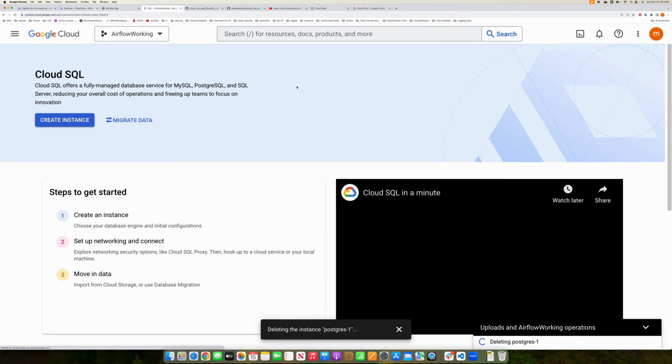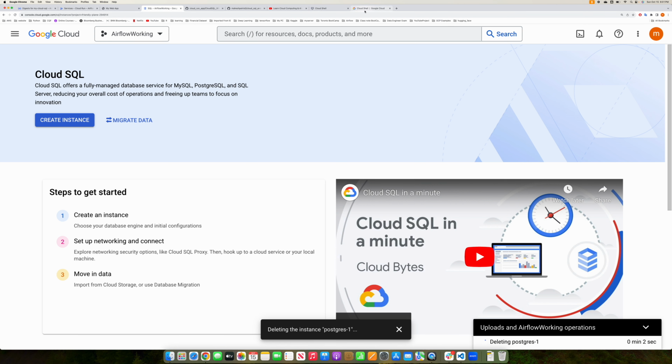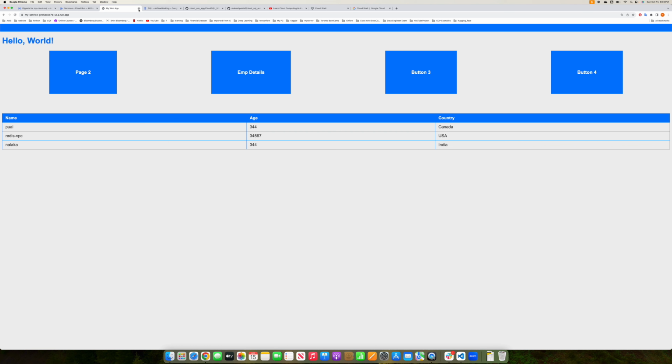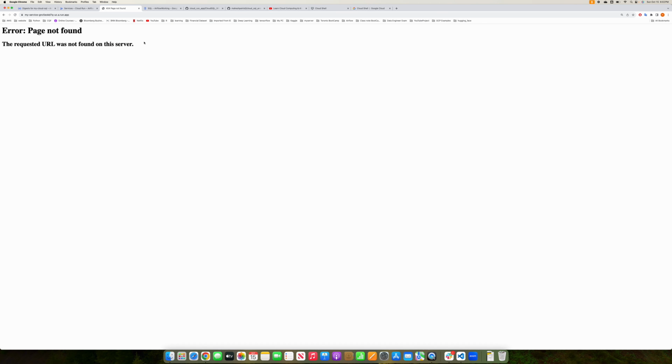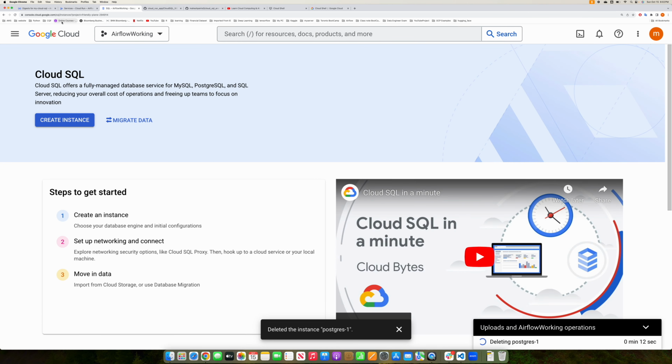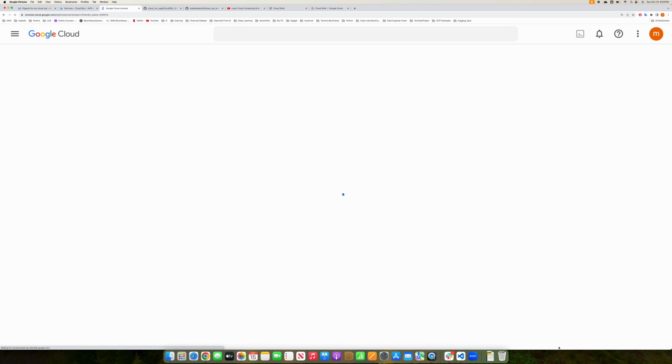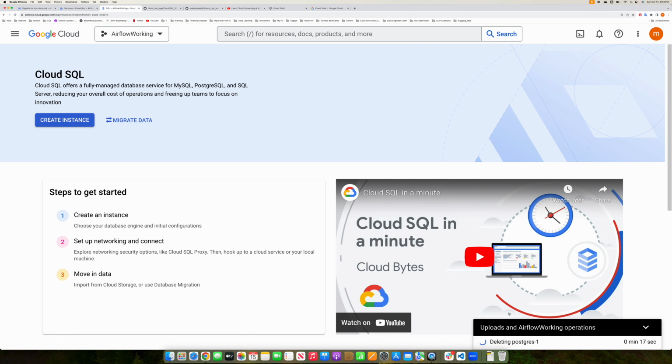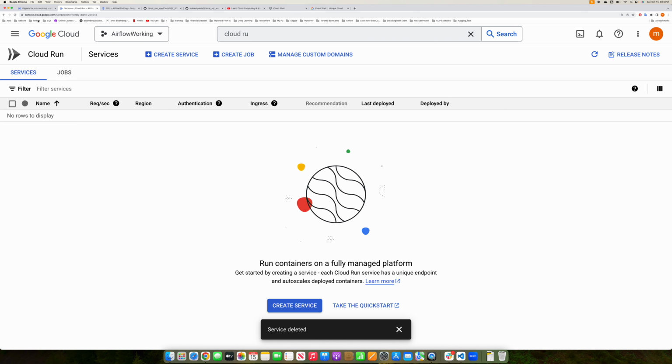The deletion is also going to take a bit of time, guys. So in the meantime, I'm going to take you through the code. Now if you try to log in, it's not going to work. So let's check. It's getting deleted, guys. Let's give a couple of minutes for that to be deleted, and then our Cloud Run